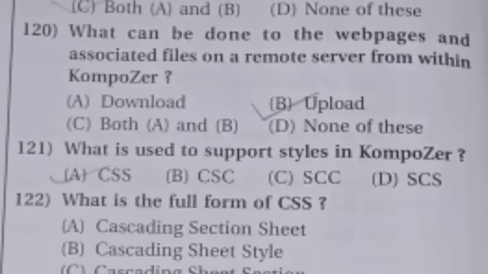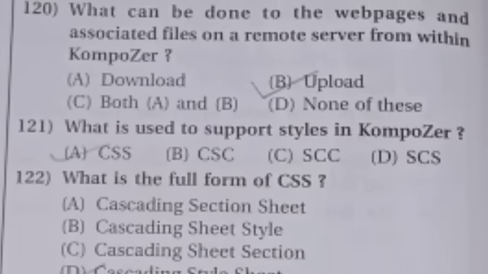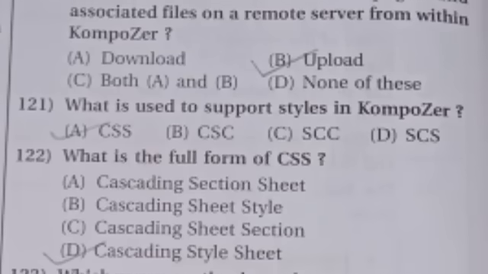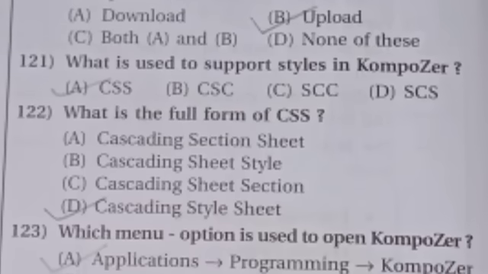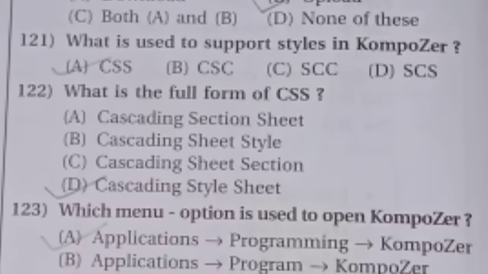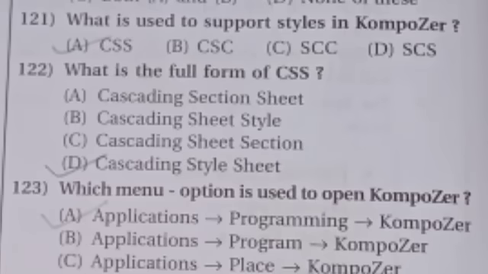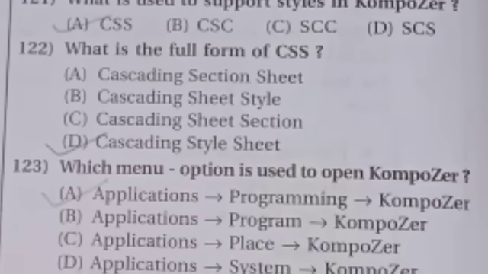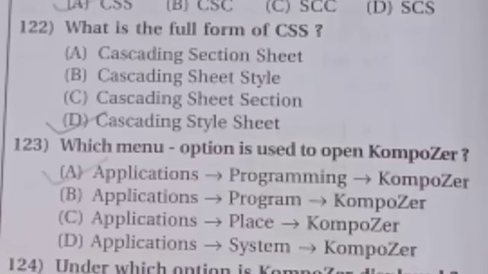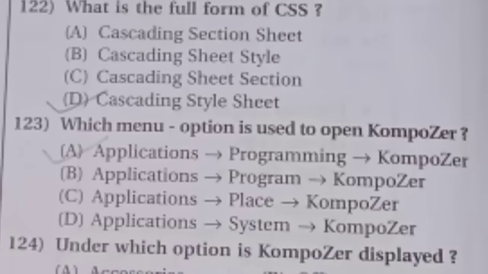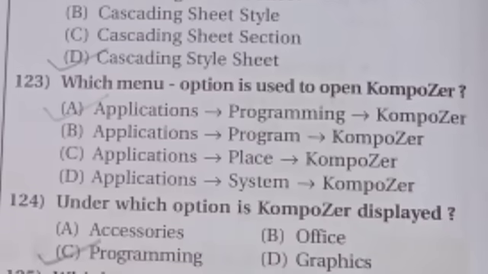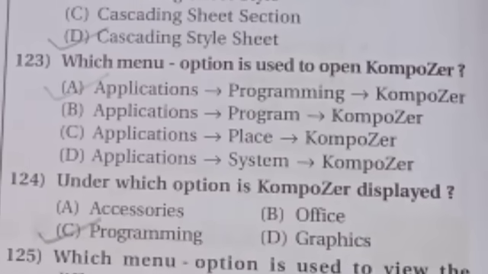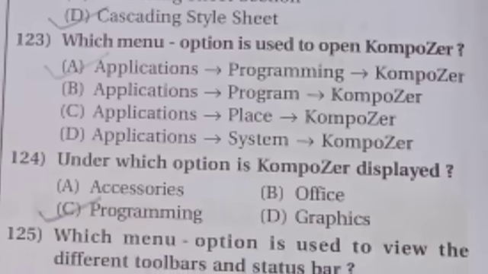तो C आंसर है, both A and B. What can be done to the web page and associate file on a remote server from within composer? आंसर है B upload. What is used to support style in composer? आंसर है A CSS. What is the full form of CSS? D आंसर है